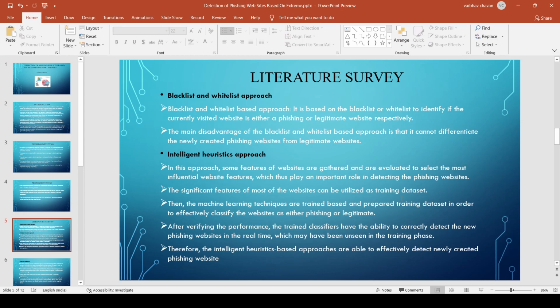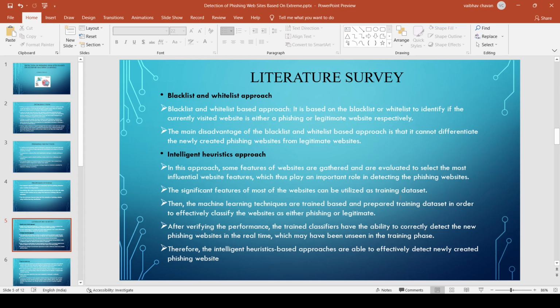The phishing sites are monitored and data is collected from them, and one database is created, so we can distinguish the different sites and tell whether this is a phishing site or not.